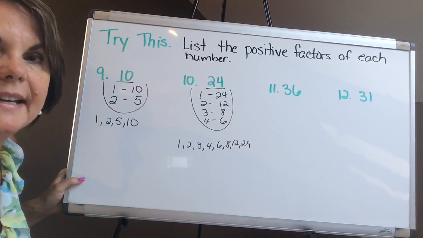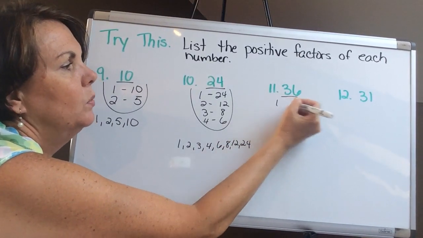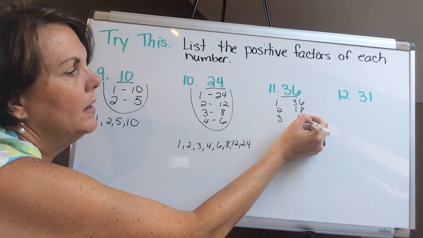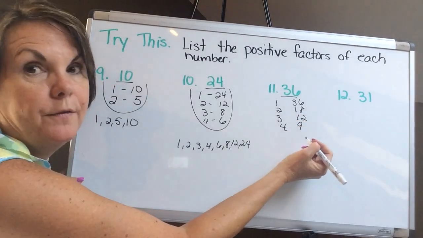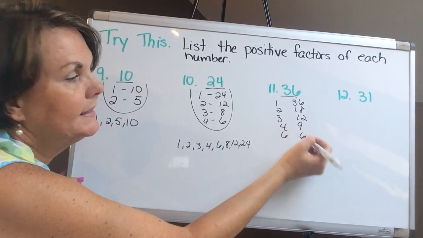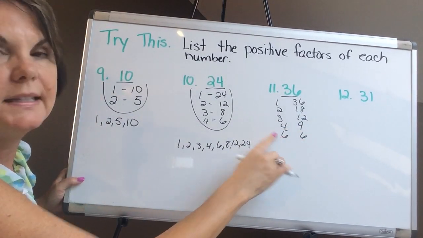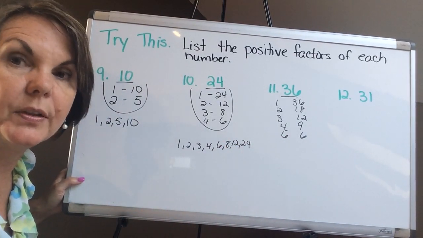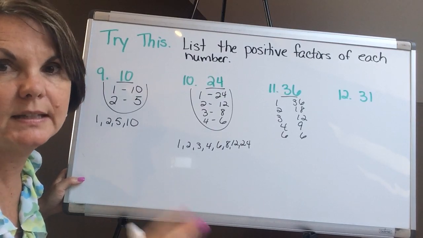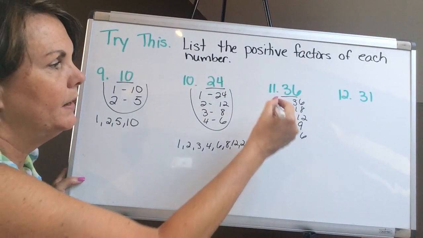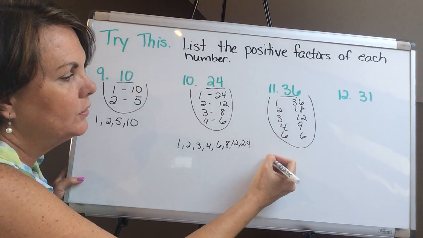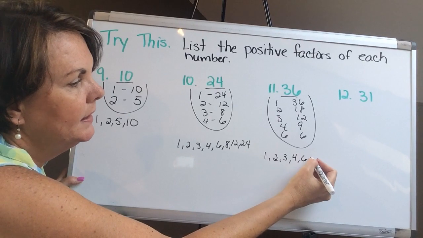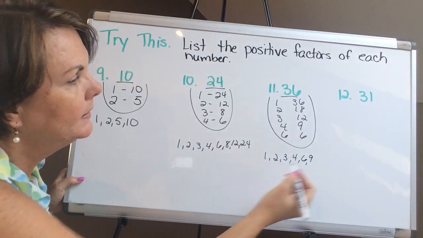Look at the number 36. Okay, we have 1 and 36, 2 and 18, 3 and 12, 4 and 9, 5 is not divisible, 6 and 6. Now, this time, as I was going around, I would say, okay, stop when you get to a number that's on the other side of the U. However, unless you have a snake eyes, double, okay, you stop there as well. So now my factors are 1, 2, 3, 4, 6, 9, and we don't count it twice, 12,